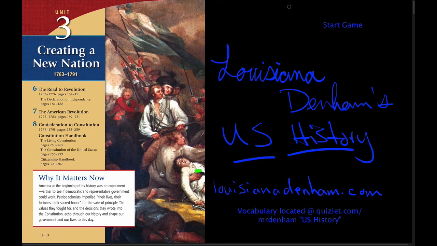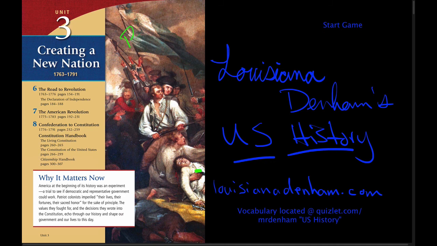Here we begin our study of U.S. history. We'll begin by looking at the creation of our nation. We'll begin right after the American colonies have already settled, become partially prosperous, and we'll begin at the moment where Britain begins to tighten its control on the colonists.